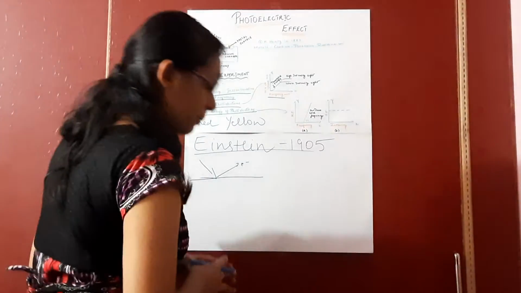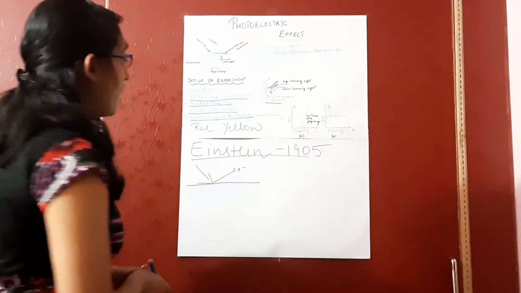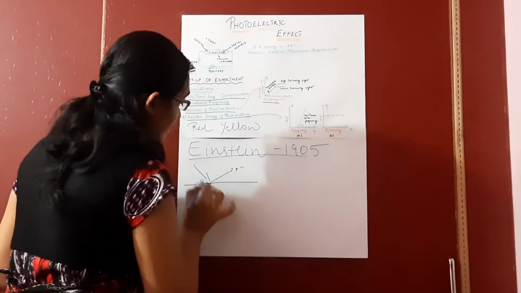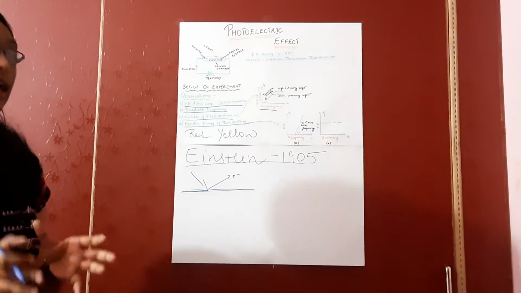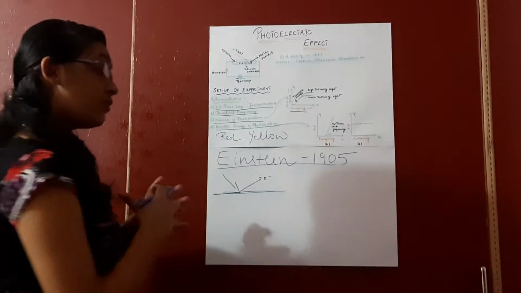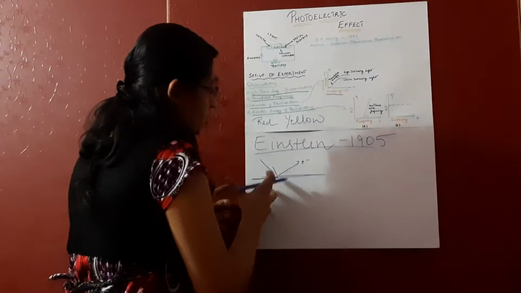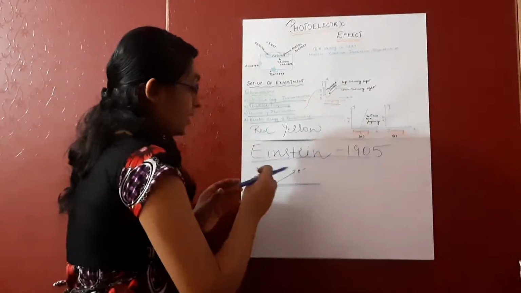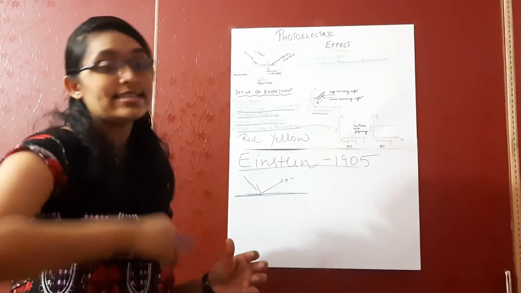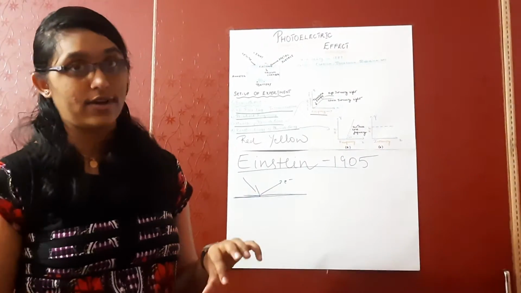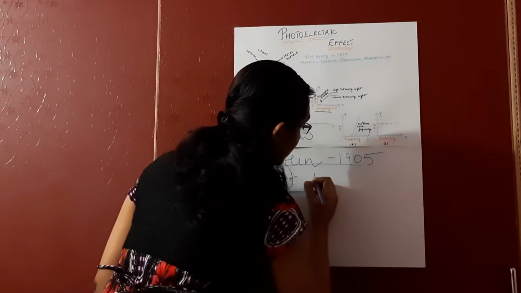He explained this on the basis of Planck's quantum theory of electromagnetic radiation. And hence, the light which is incident on the surface of a metal must have sufficient frequency, and that minimum frequency with which the photoelectrons are ejected is called the threshold frequency. The higher the energy of the incident photon, the higher the amount of energy transferred to the electrons, and these electrons get ejected from the surface of the metal very fast. And hence Einstein gave us a formula that is nothing but